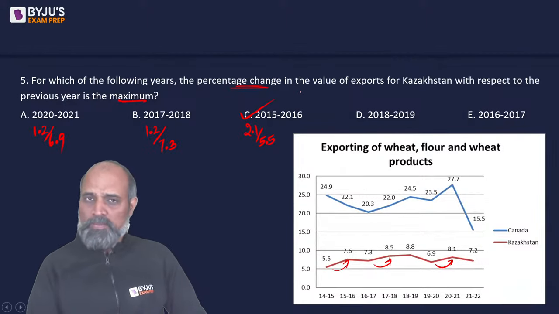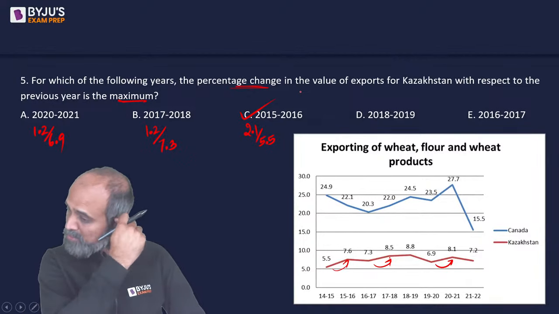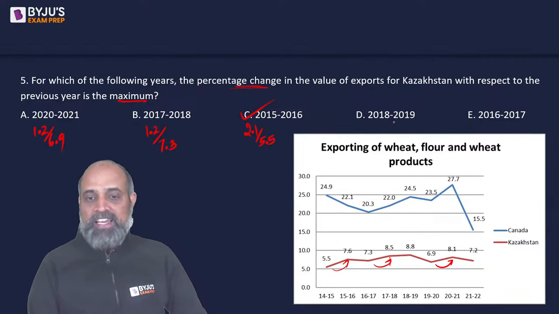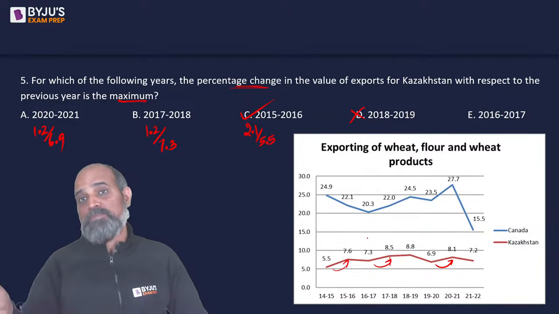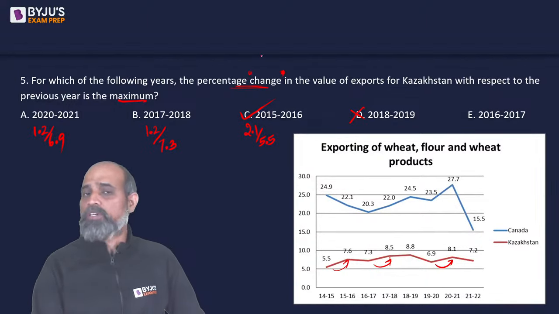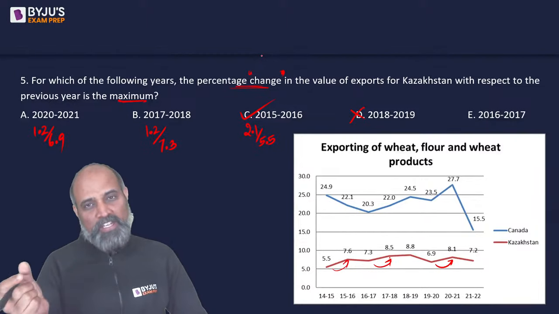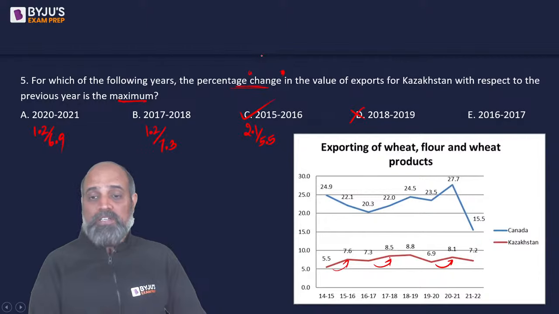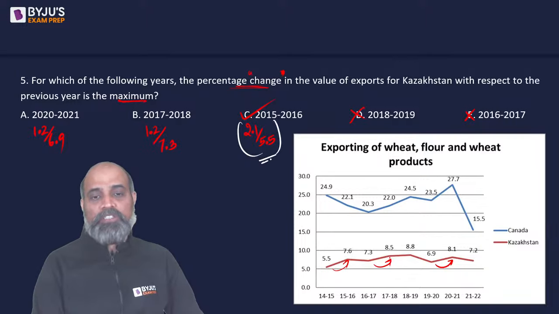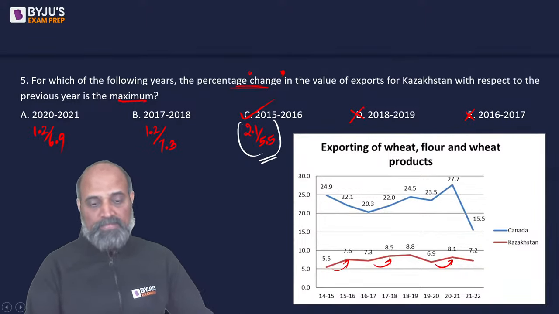We're pretty sure that this is going to be the answer because none of the other options are going to be this, far away. 2.1 by 5.5 is almost like 40%, right? 2018-19 को अगर आप चेक करोगे तो ये 8.5 to 8.8 रहा है. This is not the maximum. 16-17 चेक करोगे तो 7.6 has become 7.3. So this is actually decrease, but doesn't matter. The word used is change. So increase or decrease से में मतलब नहीं है. But the decrease is very low as over 7.6, right? So this also doesn't make sense. So only 2015-16 will make sense because this is the highest fraction among all. Okay,